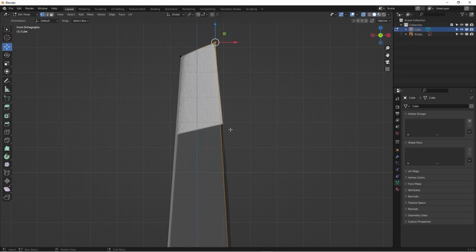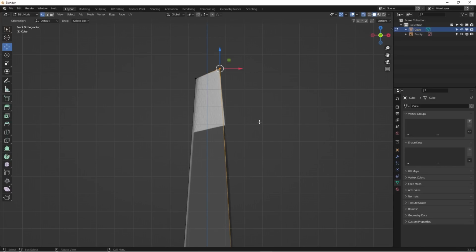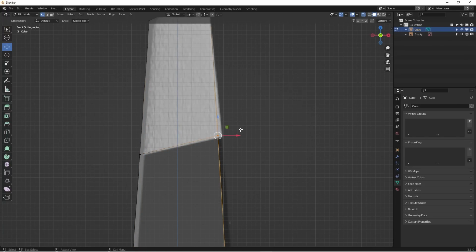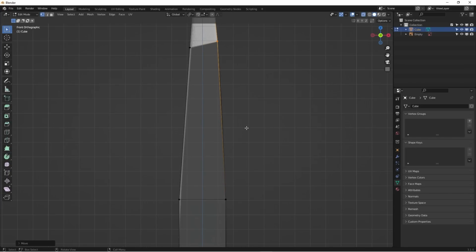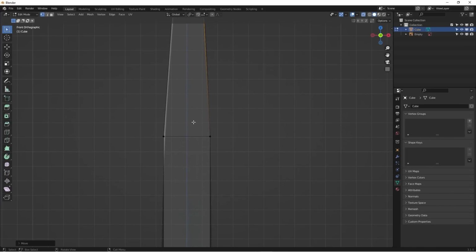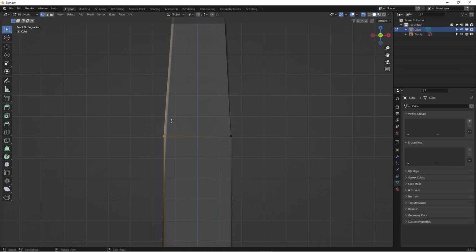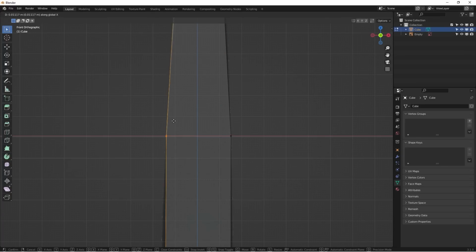I know a lot of stuff that we can do just using a subsurface modifier, but the more accurately you can model without it, the better when you apply the subsurface modifier later on. Control R, do a loop cut, and just select these two vertices and grab it. And I'm actually going to close the move tool, and then we're just going to get the general shape out of it. G X, just on the only one vertex,